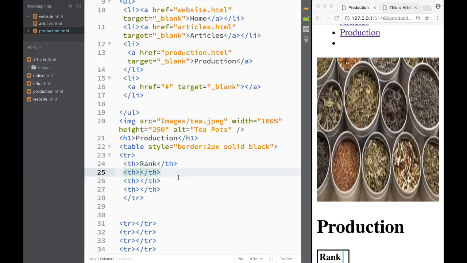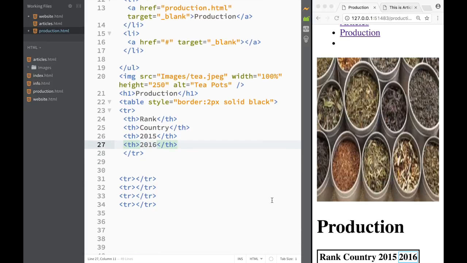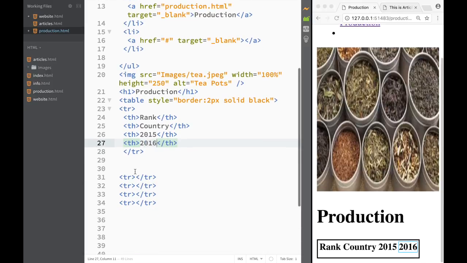The next thing that I'm going to write is the country that's doing the production. And then let's say we're going to use the year 2015. And over here, it's going to be 2016, like this. Something like this. So this is going to be our first row, right? And then moving along in the next